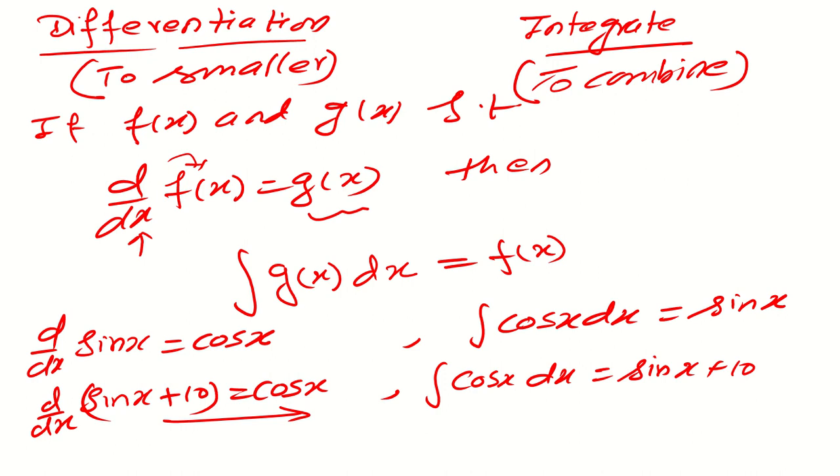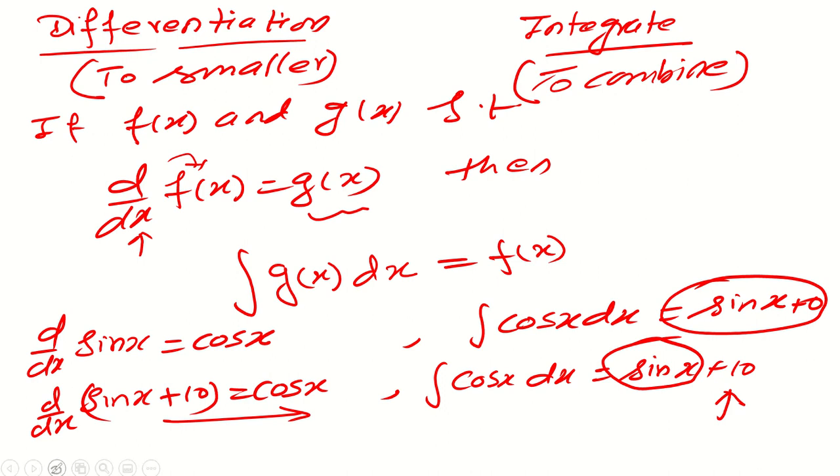Some students will say that if we integrate, we should get sine x plus 100. Some students will say we should get sine x minus 20. Yes, everybody is correct. But what similarity can you see in all these answers? The variable part is the same, sine x. What is different is only the constant. Here the constant is plus 0, here plus 10, maybe minus 20, anything. So to adjust this constant, we write plus c. Whenever you integrate a function, at the final step, you will write plus c.